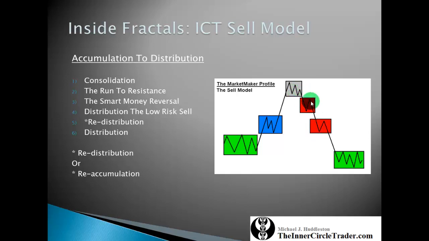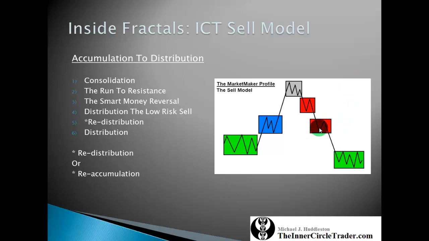and then they would get short. The next stage is either a redistribution, okay, or in other words, an increase of more selling orders or short orders, or like we had in the previous teaching about the ICT buy model, this stage here can be a reaccumulation point. Okay, in other words, this could be a buy, a retracement here just to reaccumulate more longs that they had accumulated here or in here. Okay, so in this area here, we could see the resumption of a longer term bull trend,